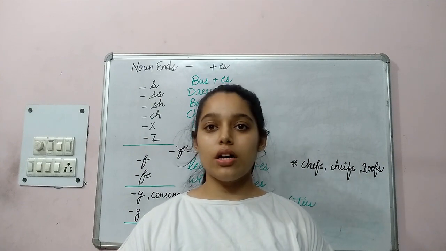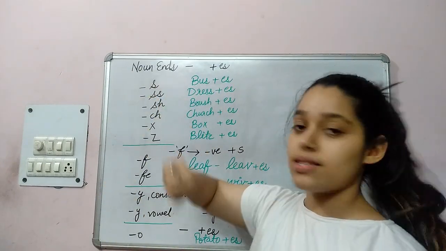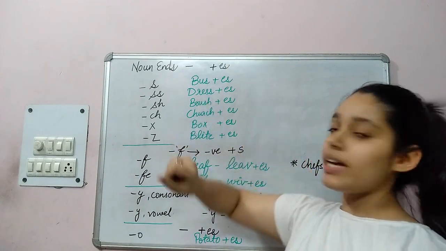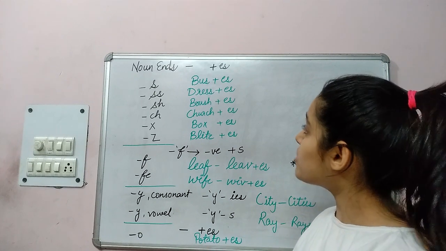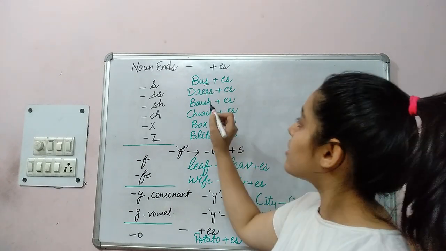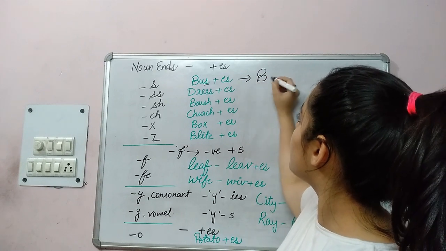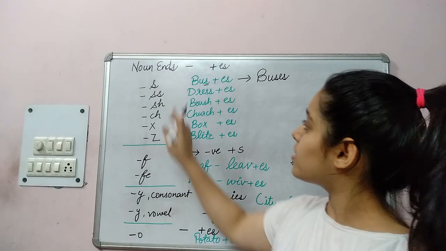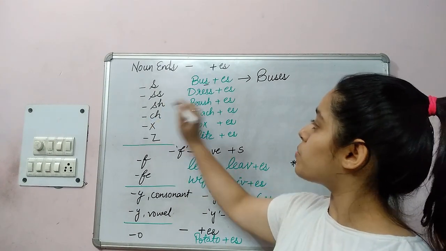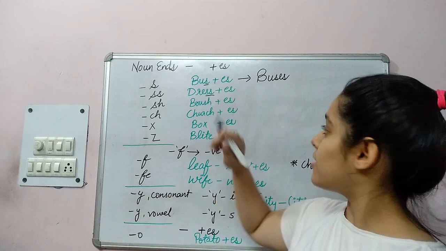Okay, so here we have some other rules. If a noun ends with S, we have to add ES. For example, bus. It ends with S. And when we add ES, it changes to buses. Right. When our noun ends with double S, we add ES. That is